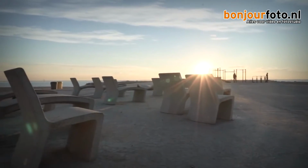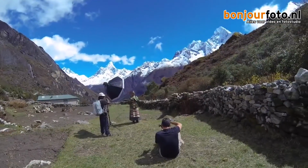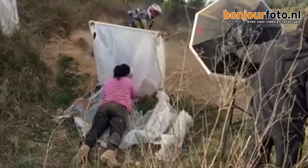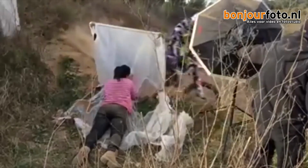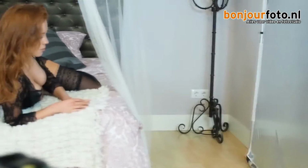Photography is an art, and it's an art based on what we see. If you're a landscape photographer, you will go somewhere and see the photo in your eyes before you take it with your camera. If you're a sports photographer, you need to see the right moment in your eyes and then capture that action. As a portrait photographer, I look to my models until I see the right expression, and then